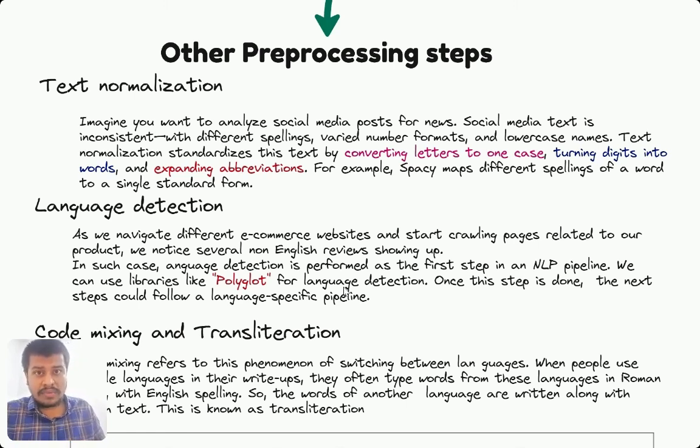All of these different characters or strings in this particular document could be converted into a standard form of text. For example, if it is a capital letter, we convert all of the uppercase into lowercase, and then we convert all of the numbers or digits into the corresponding words. And then we even expand the abbreviations, the short forms,